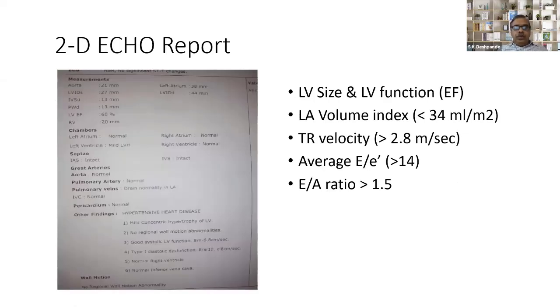So when you see the echo next time, this is the first slide I have shown you. We have to see, apart from the ejection fraction, if somebody's ejection fraction is less than 40%, take it for granted the patient has combined systolic and diastolic dysfunction. If the patient's ejection fraction is good, more than 60%, in that case we have to look into the other parameter, that is the left atrium. Because we know that if the left atrium is enlarged, this is the milliliter per square meter, and this is the size of the LA.